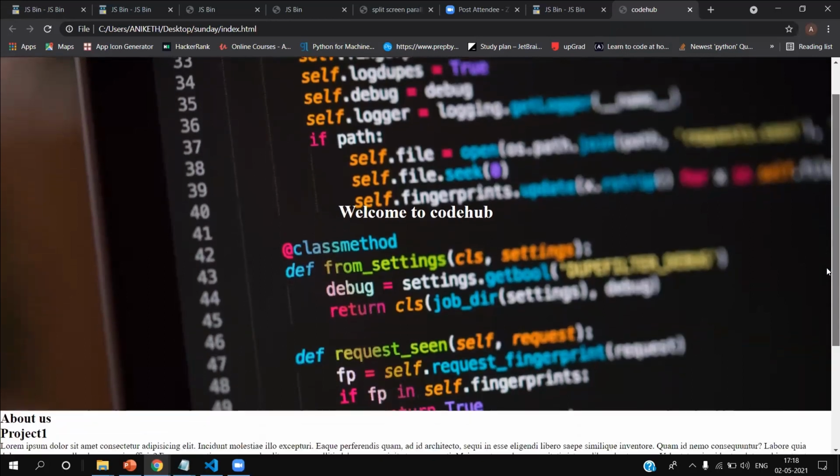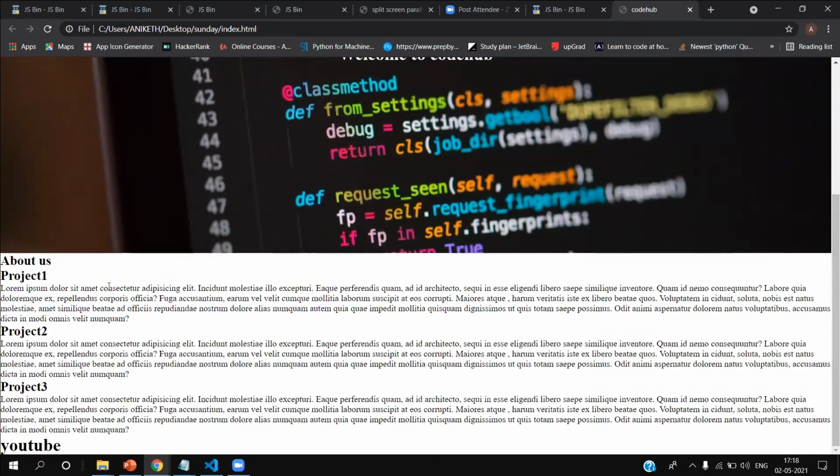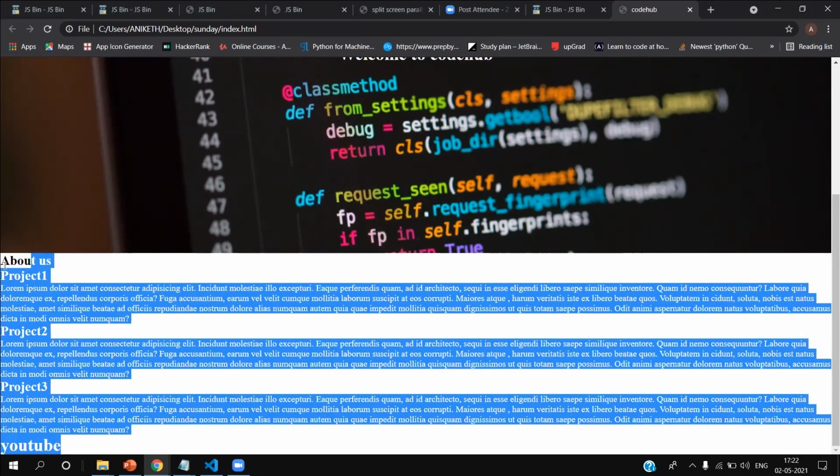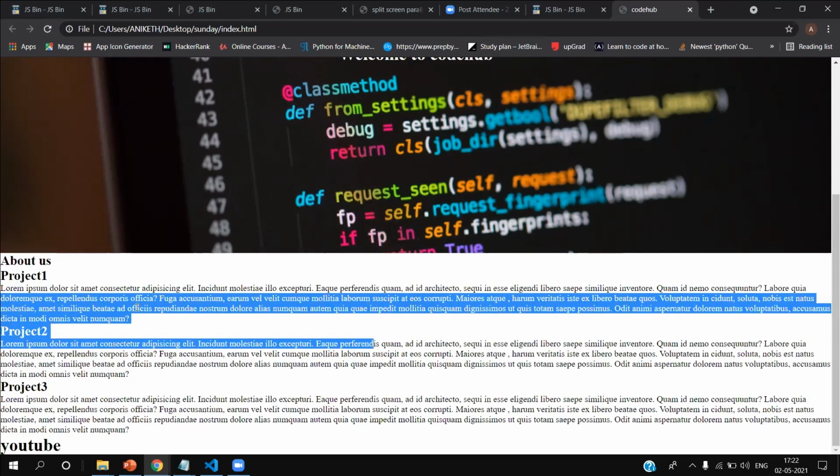Now what we have to do is align these items. Okay, done. Now let's see. There is About Us, Project One, Project Two. Everything came row-wise, right? First row, second row, all came row-wise.